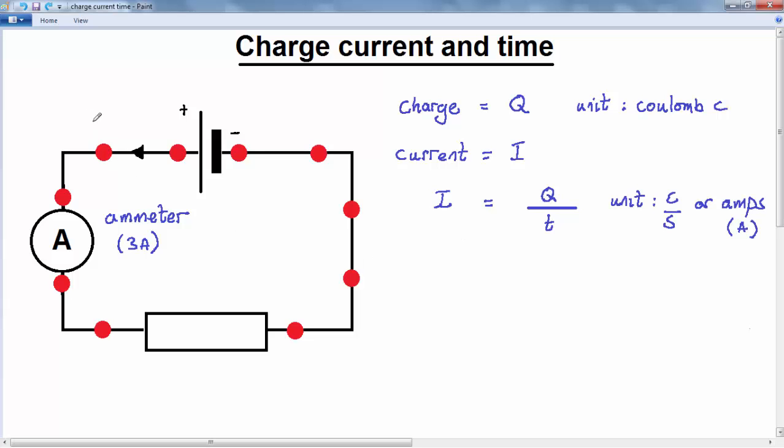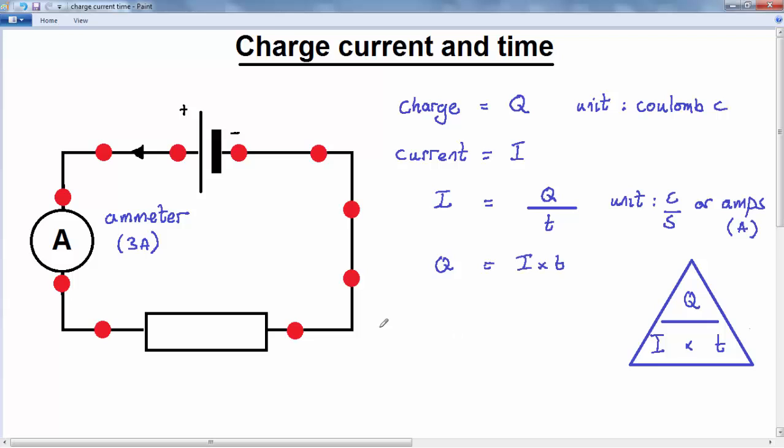Again, we can use a calculation triangle. The initial expression is I equals Q divided by t, so we're going to put the Q divided by t here, and then we slot the I in there. Okay, so what we're after in this particular case is the amount of charge that flows through the resistance. Well, that's going to be equal to, well, you cover up the Q here and you're left with I times